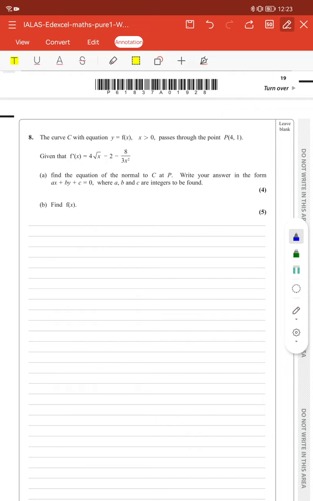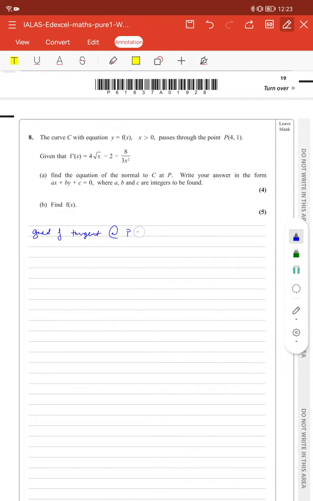And this equation says that the curve with the equation y equals f of x passes through this point (4, 1). Given that f dash of x is this, find the equation of the normal to C at P. Okay, so we know that the gradient of the tangent